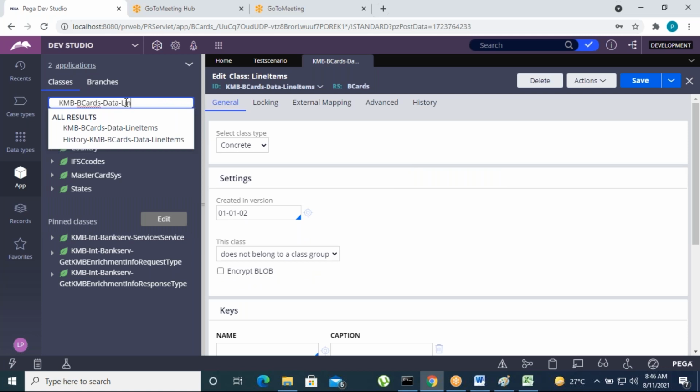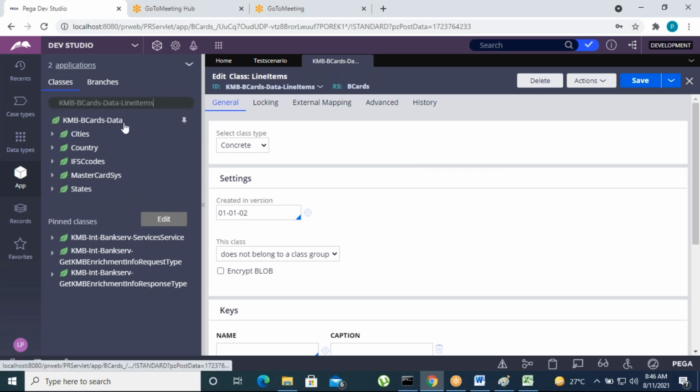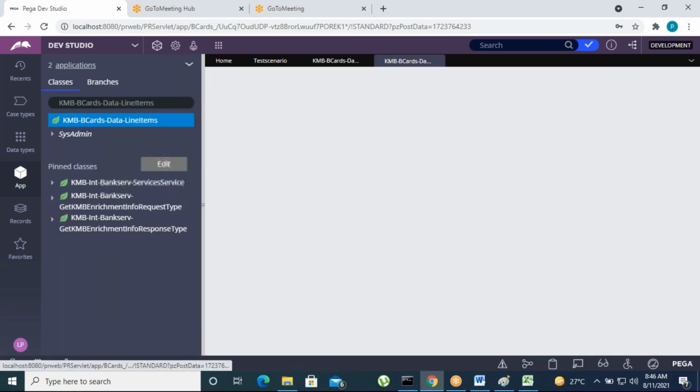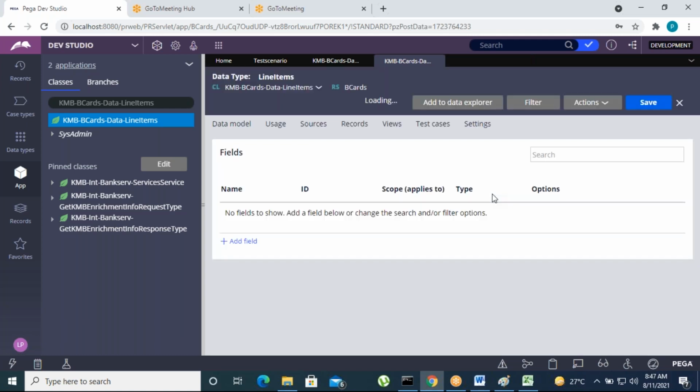Hyphen line items is the class, and add the required fields. Right click and go to wizard, view data designer, and here add the required fields. I'm going to add the field.